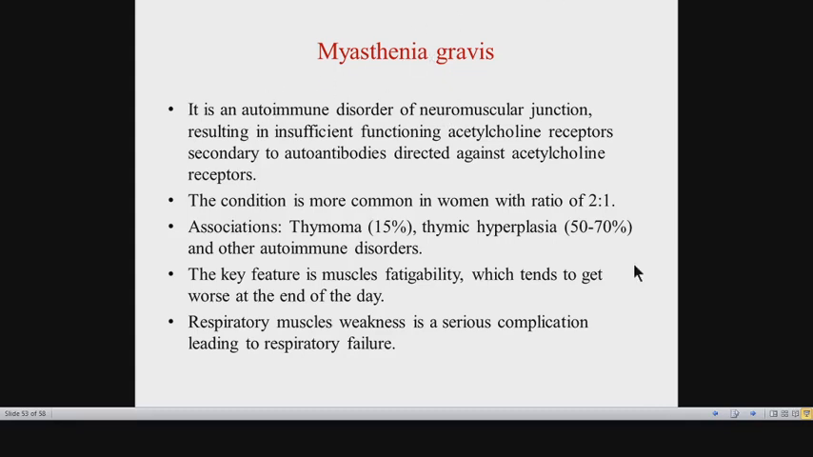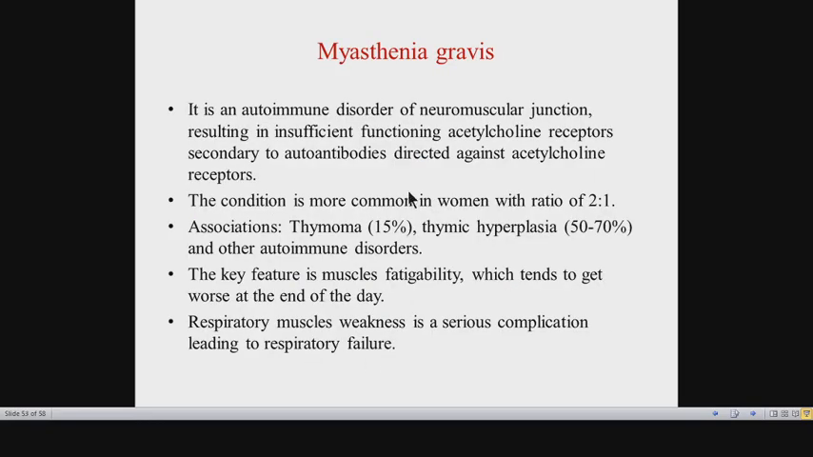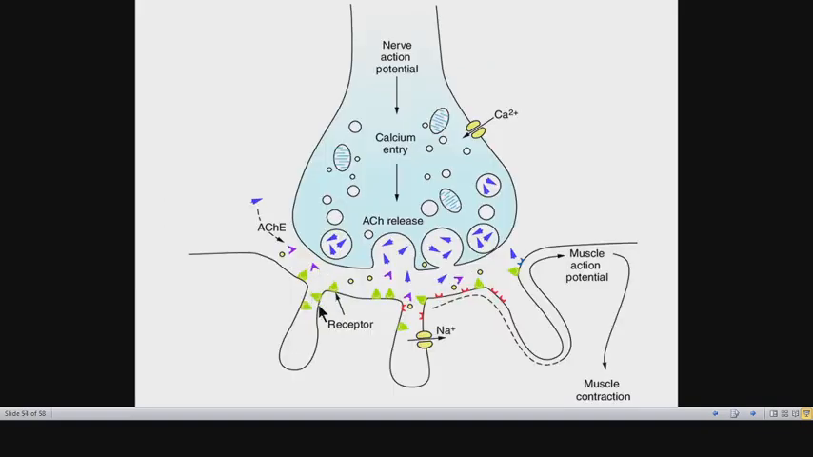And specifically in Myasthenia Gravis, there is an autoimmune disorder of the neuromuscular junction. And the autoimmune reaction is directed against these receptors, which are acetylcholine receptors, leading to less or insufficient functioning acetylcholine receptors. Because these autoantibodies, which are found in Myasthenia Gravis, will block these receptors, and at the same time, it will